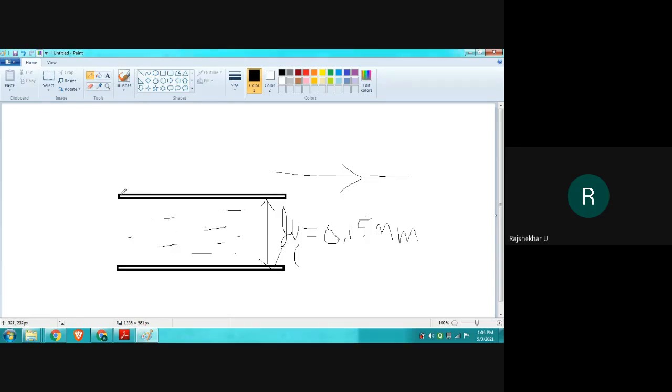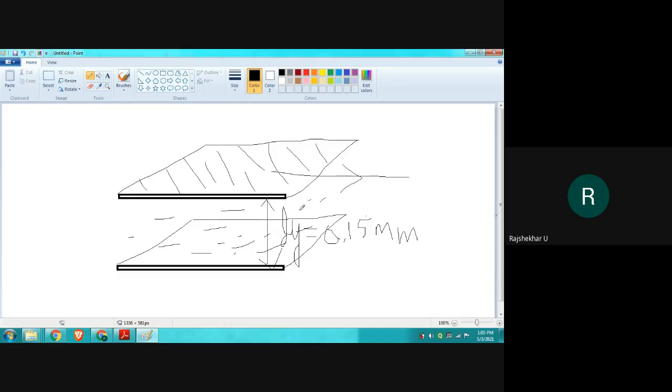Okay, so area of the plate means this area, this surface. I think you can imagine this surface will be in contact with the liquid. Correct, no? So again, here it is the bottom surface. Here is the bottom surface. In between these two plates, there will be some liquid present. So area of this surface is given.